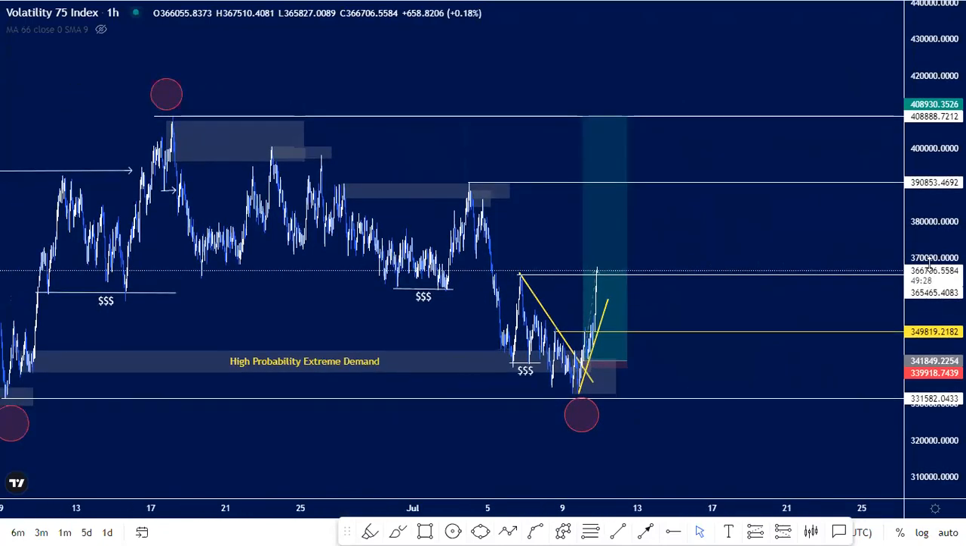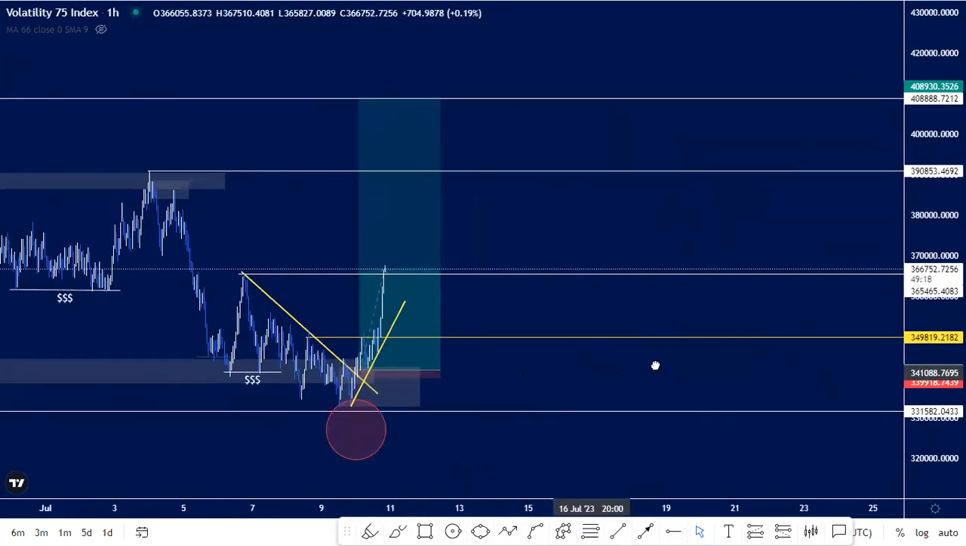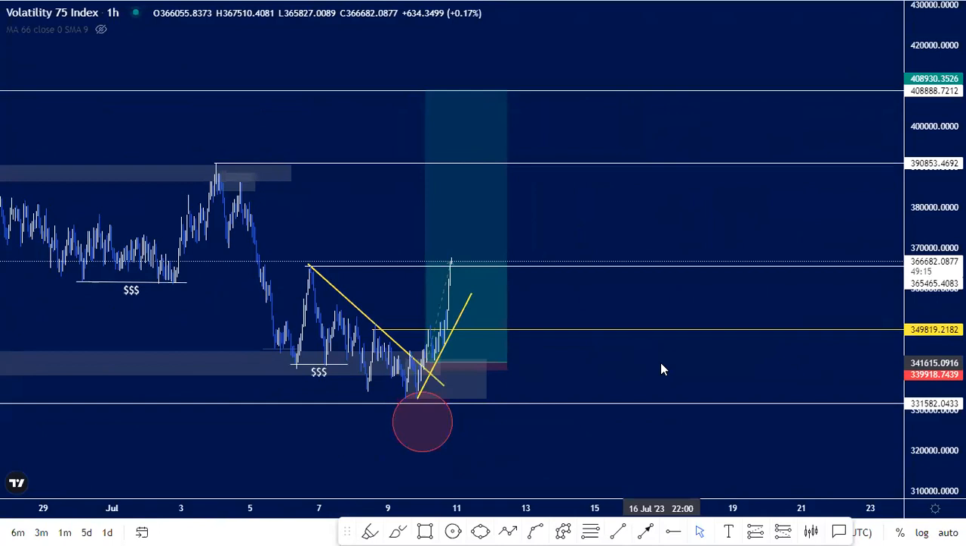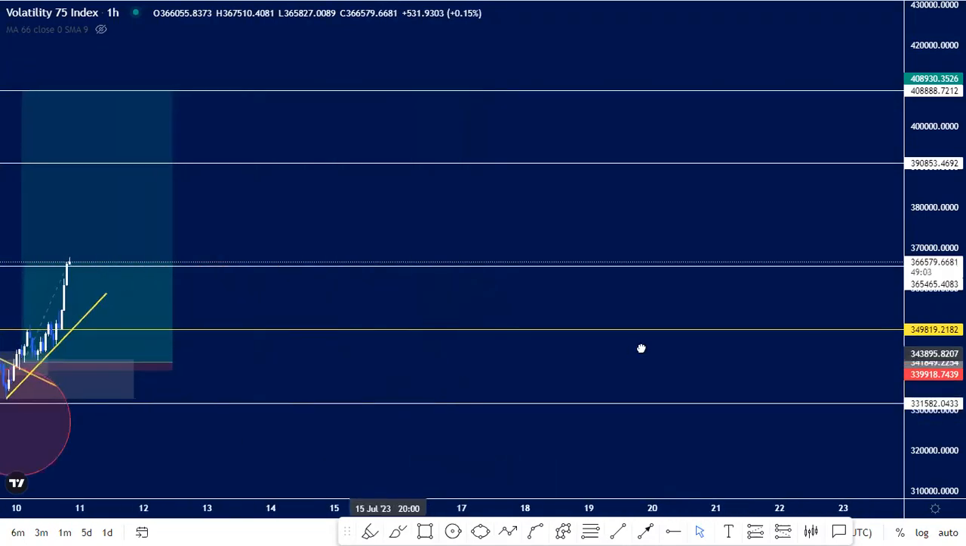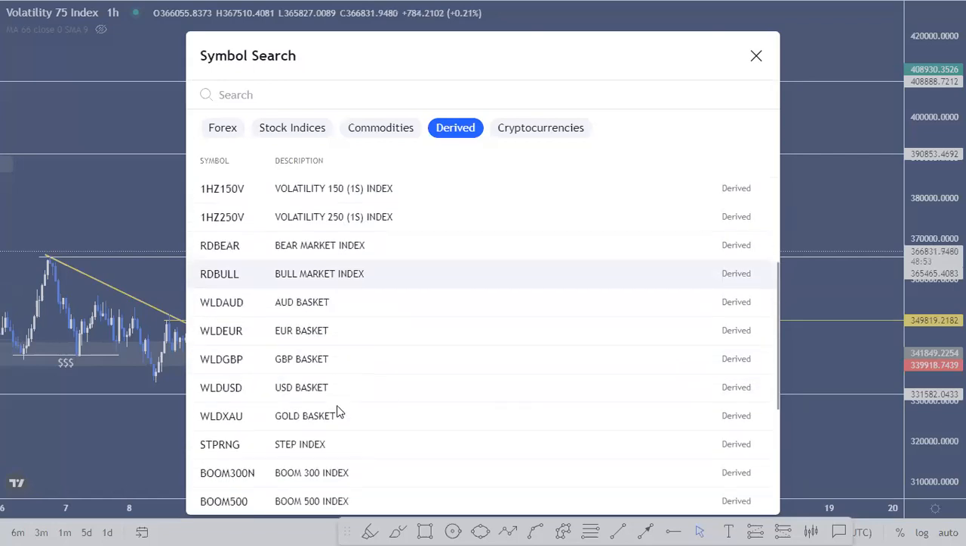So let's move on to the other three pairs that you guys voted for in the free group. In the free group, you voted for volatility 75. That's number one. Number two, we have crash 300. So let's go quickly to crash 300. From crash 300, we'll go to crash 500. From crash 500, then we'll go to boom 500. So that's the order in which you guys